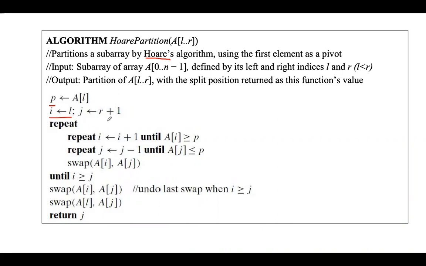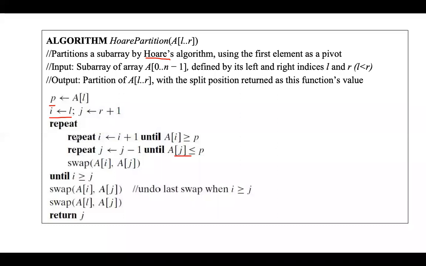Okay, if there are 8 elements, it will be pointing to the 9th location, because we will decrement it first and then check the condition. For that reason, you have to keep it one plus. It is not pointing to the rightmost element, but R plus 1, the j value. The I value is pointing to the leftmost element, and the j value is pointing to R plus 1.